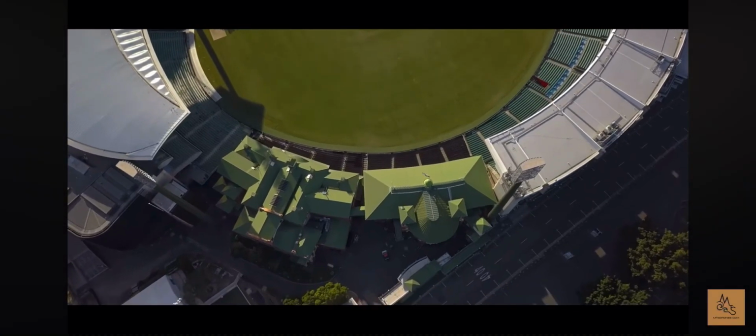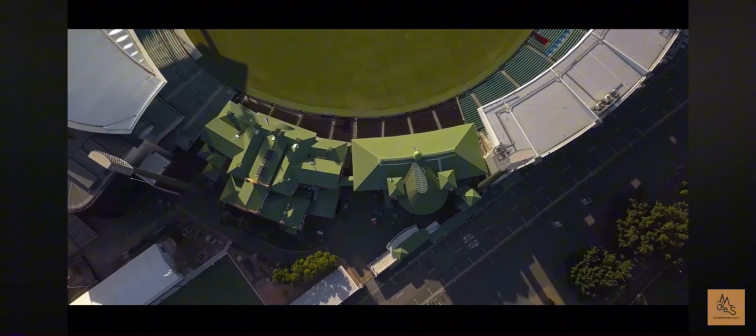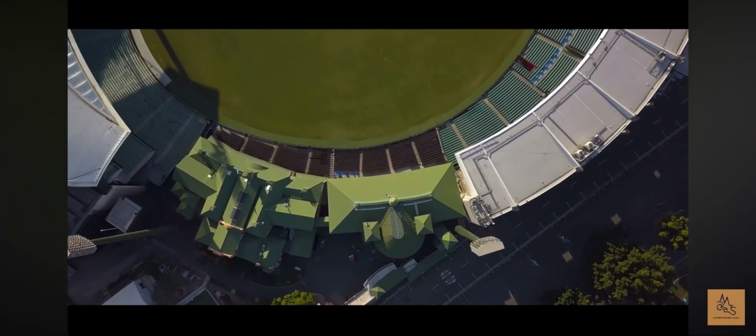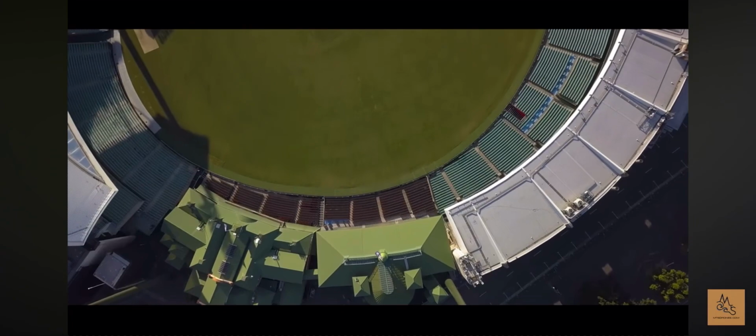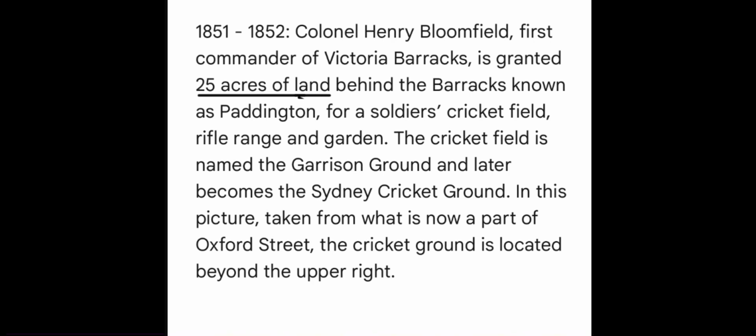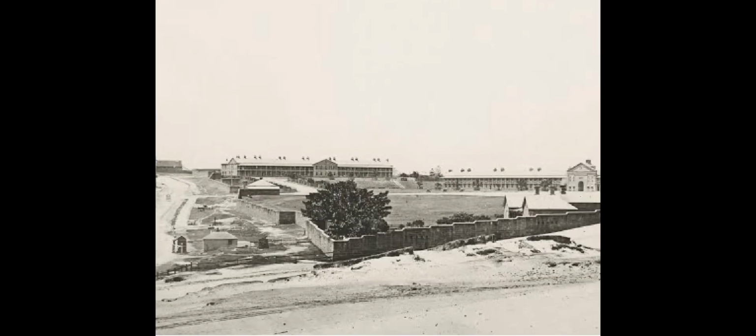The SCG is Sydney's premier stadium to watch football, cricket, rugby, and even live concerts. It is filled with a jam-packed history that we'll be uncovering today. It all started in 1851 when Colonel Henry Bloomfield was granted 25 acres of land behind the barracks known as